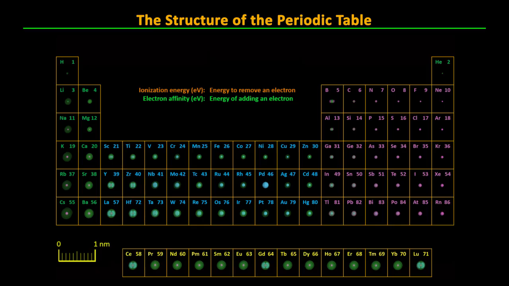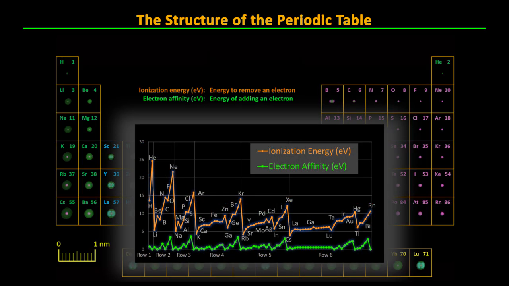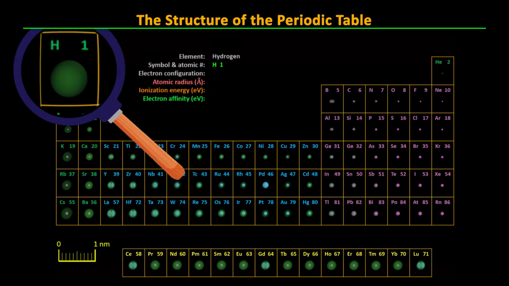As we will see, the value of these energies depends on the electron orbital configurations, and so the trends of these values will repeat along each row, giving similar atoms in each column similar chemical properties. So now let's examine our elements starting at the top. Hydrogen has an atomic number of 1, so 1 proton and 1 electron, and this electron will want to be at the lowest energy it can be, so it'll settle into the n equals 1, 1s orbital.